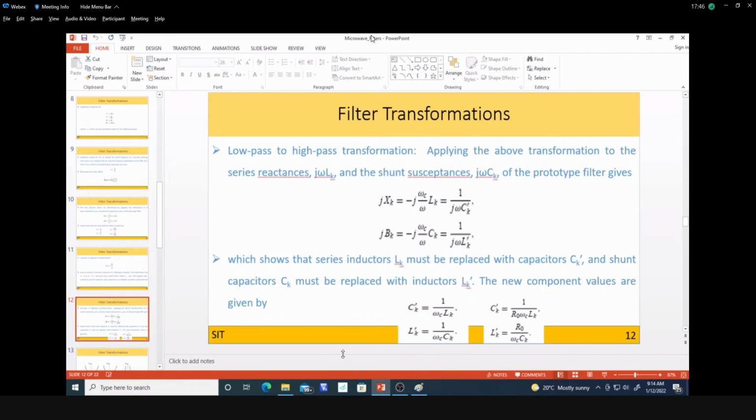So now you will get the new component values. When we do the implementation, we have two configurations, current source and voltage source, that we have discussed. Whenever we use the voltage source, if we have to convert the shunt inductor to capacitor, or series inductor to capacitor, then based on the conversion we require, we can convert the value. With both impedance and frequency scaling, we can get that. You can see this here.